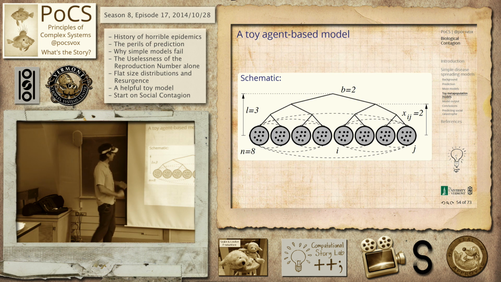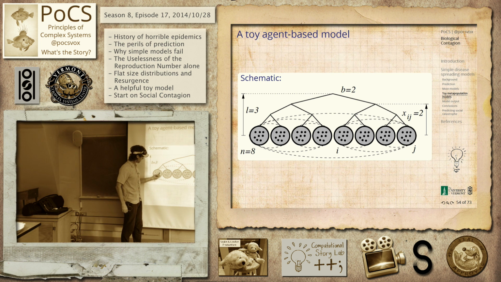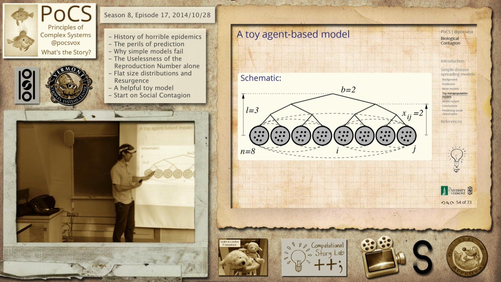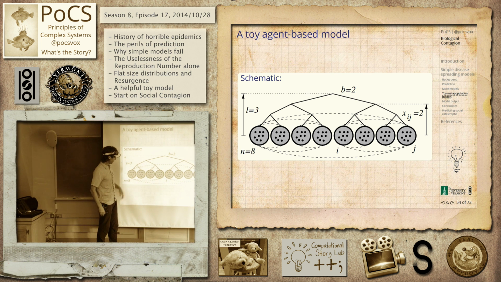Here is a little schematic for it. So you've got your groups. Here you're spreading your horrible diseases around, or your crazy rumors. And then now and then you'll travel to another place and start talking about Justin Bieber to these poor people who have never heard about Justin Bieber. Or